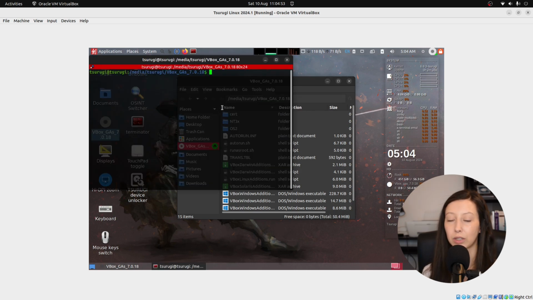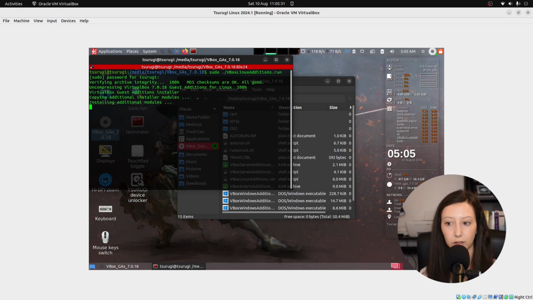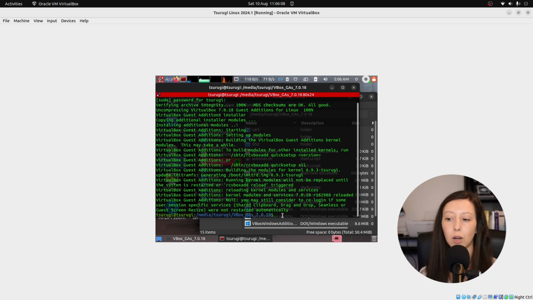Now, to conclude guest additions, we just need to run the following command: sudo ./VBoxLinuxAdditions.run. And this will conclude our guest additions installation. So we click enter, we insert the default password, in this case Tsurugi, like so, and we wait a little bit. Okay, as you can see, our installation is concluded,